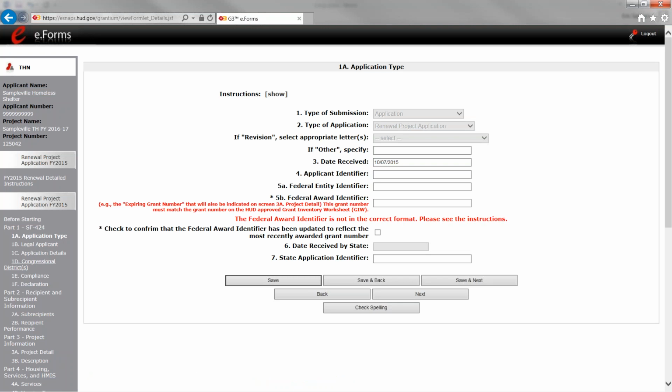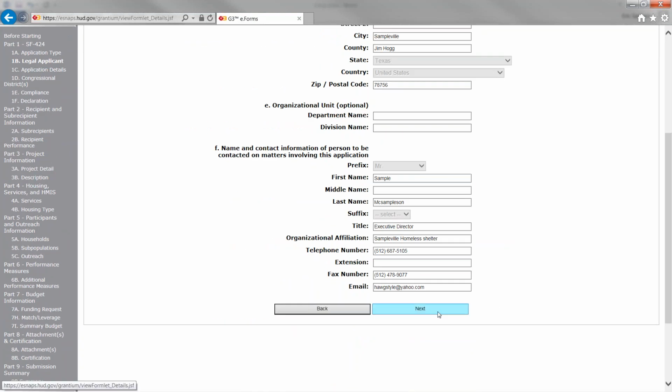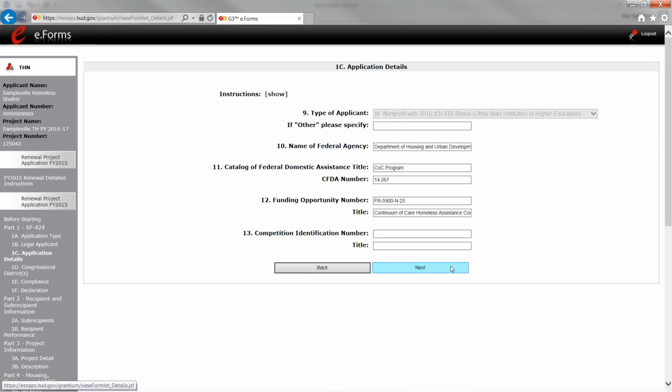Okay, so I think the start date and end date is on 1D, but I'm going to click through to make sure. So what you're doing here, Eric, are you sure you're in a new project application? Because Dale's project would be new. It doesn't, but the start date and end date are in both. Oh, they are. Yeah, so